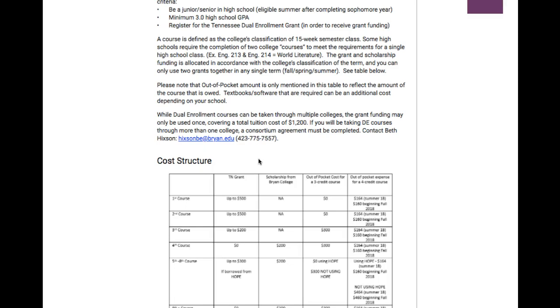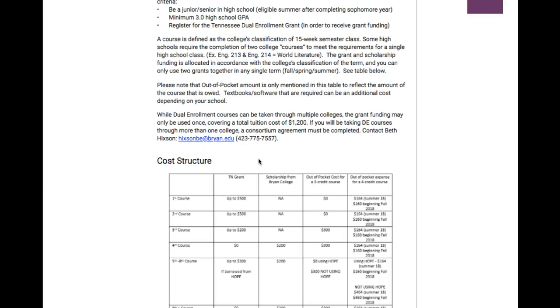Textbooks are not included in this cost, and will be billed to you by CAK's business office in the spring semester. All other charges and payments will be handled by Bryan College. If you owe dual enrollment tuition to Bryan College, please be sure to pay your balance right away. If you're not sure if or how much you owe, you can check your My Bryan account or contact Bryan